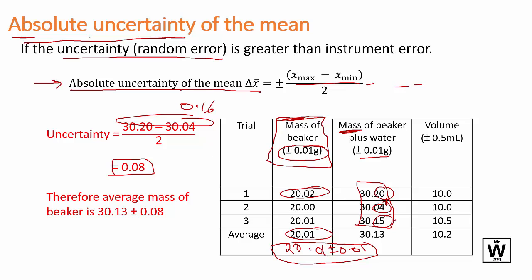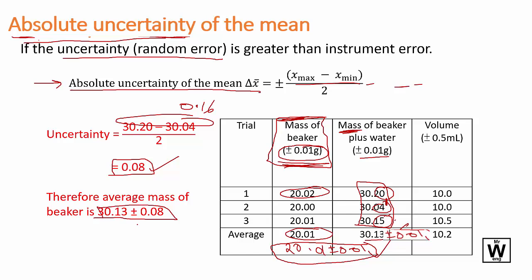If there is the instrument error and it's not larger than that, you take that here as your uncertainty for the mean. But if there is a huge other random error, then you have to use this, and so instead of being 30.13 plus or minus 0.01, it's going to have to be 30.13